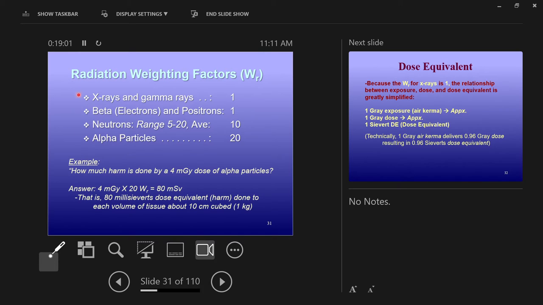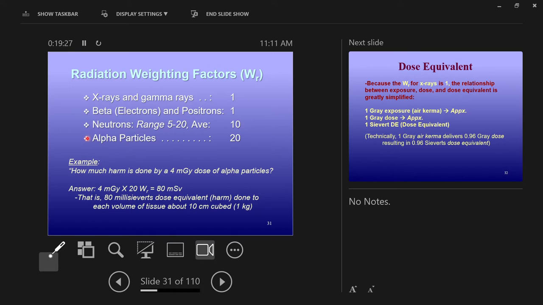So, for example, alpha particles. Alpha particles have a radiation weighting factor of 20. So when compared to X-rays, alpha particles are 20 times more harmful. Okay, so